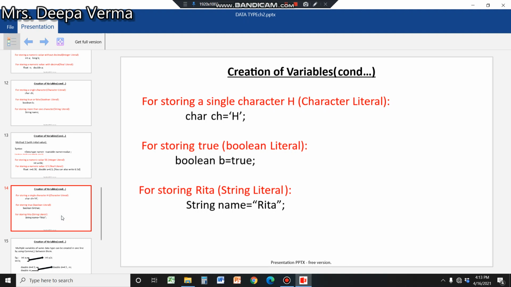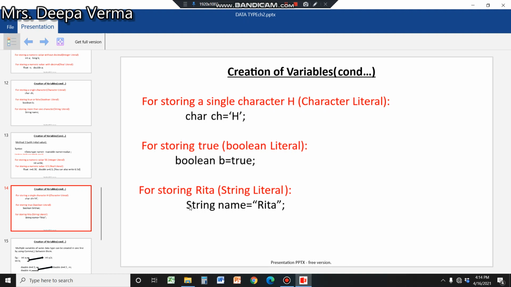Next is character. I have explained this also when I was teaching you literal. You can see single quotation means one character, and double quotation means more than one character. So for more than one character we have to use the string data type. For one character we have to use the char data type. Then boolean; all of these come in small letters.